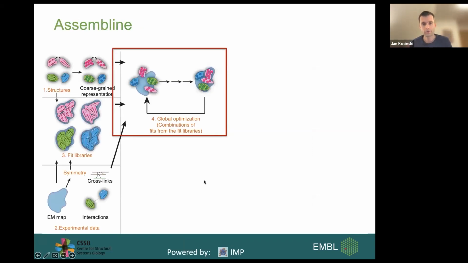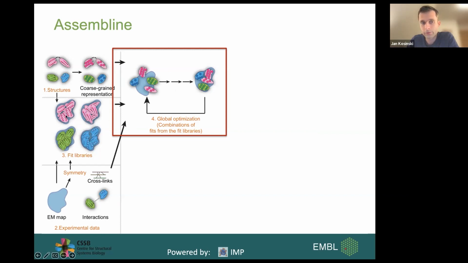And once you have these two files, which point to all input files, you would run a first step, which is a global optimization. And this global optimization is the key part of assembly that makes it so fast at this stage. So this step would now be taking these fit libraries and generating combinations of them.